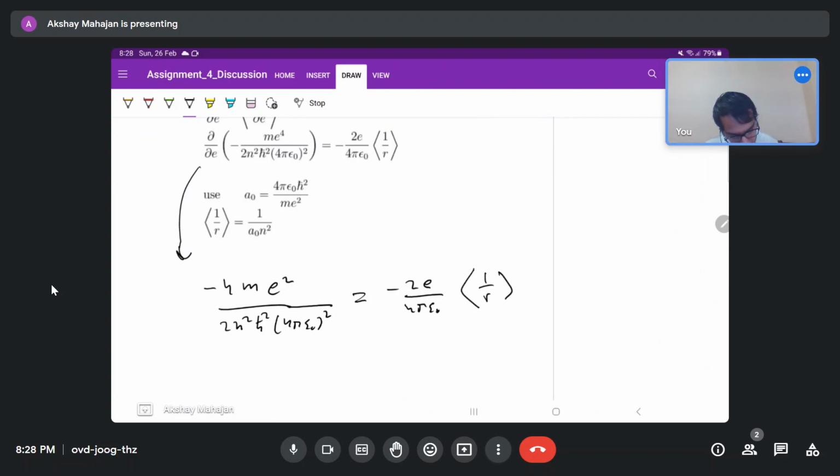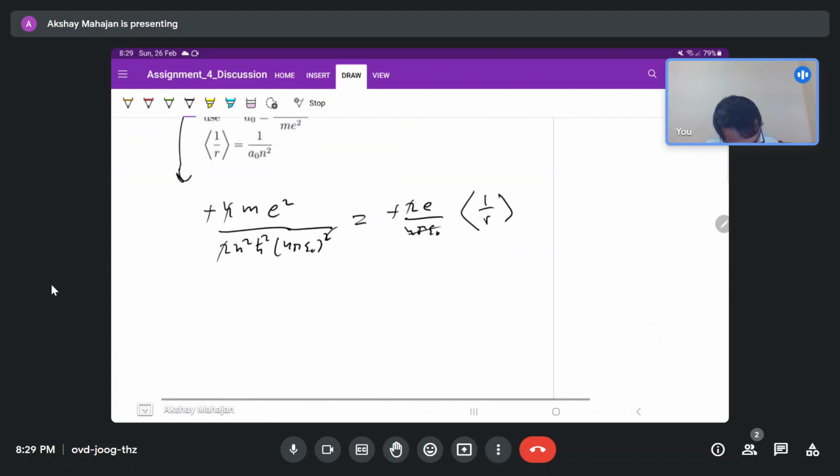Then you can cancel out all these terms, and this cancels out as well. We cancel out these two as well. So we are left with m e squared upon n squared h bar squared 4 pi epsilon naught equals